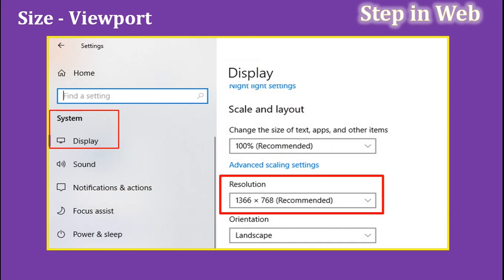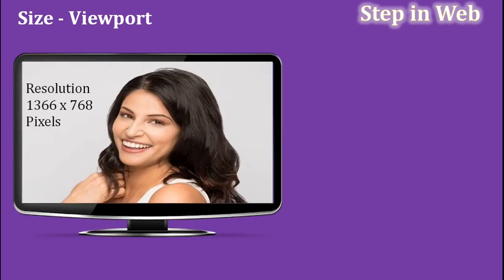Whenever you lower the resolution, you can see on your desktop that all your icons go to a bigger size, and fewer icons occupy the whole screen. In the same way, if you increase to a very high resolution, then it will accommodate more icons on the desktop, but the image of each icon will go to a smaller size. Now we will look at what the viewport is.